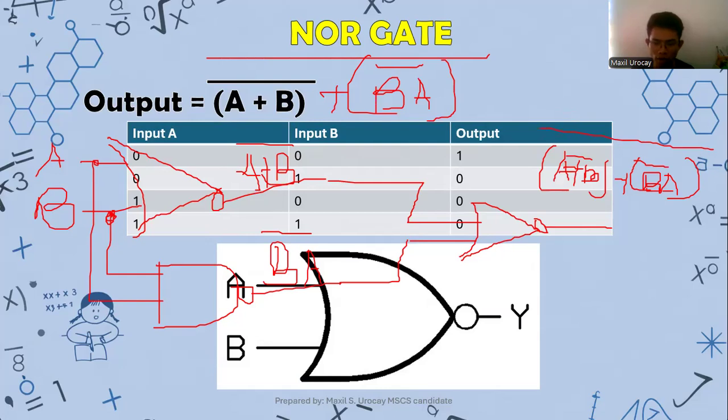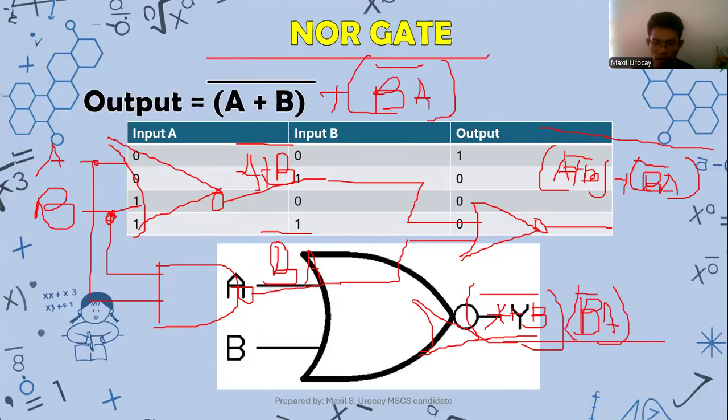Because if you will work on this, it is actually the negation of all this one. So if you work on it step by step, A plus B, then negation, then B plus BA, negation, that is it. Then if you negate it further, you just draw an arrow and that is the invert, with the invert above. But it's okay if like this. So that's actually the same. They're having the same intuition.